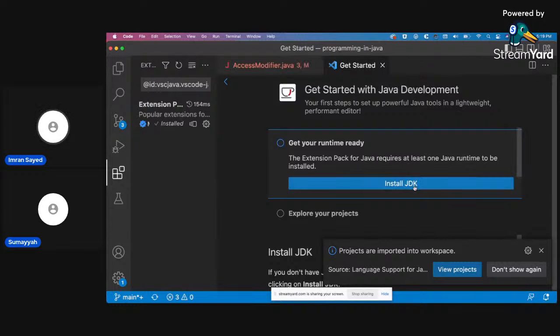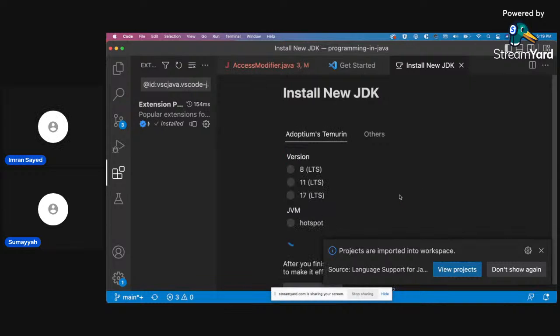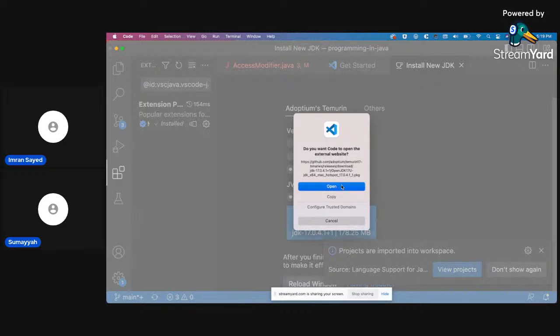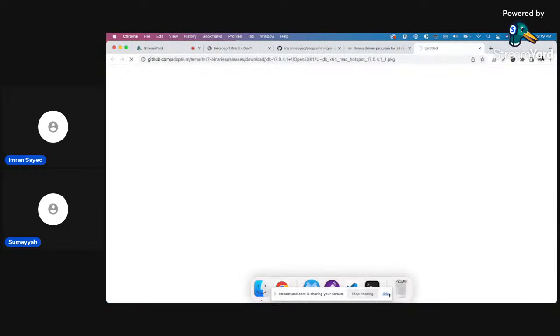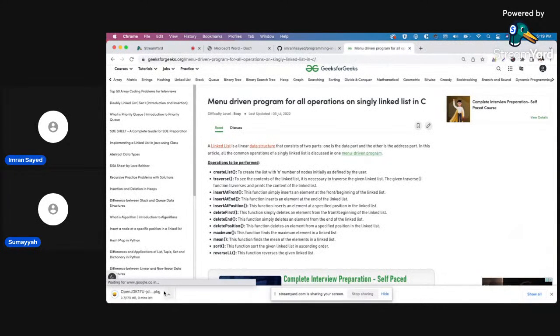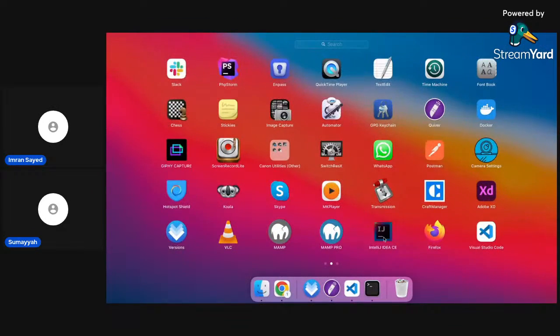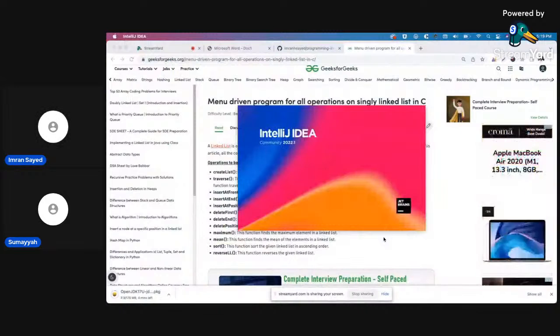Is it done? Get your runtime ready. Use JDK. Must be using JDK, I think. Install JDK. Did you have to download JDK? Do you remember? Yes. Okay.